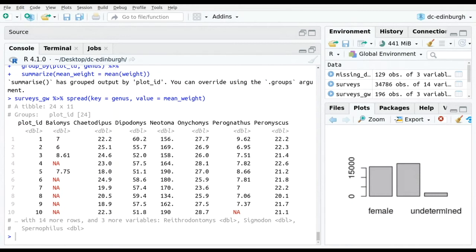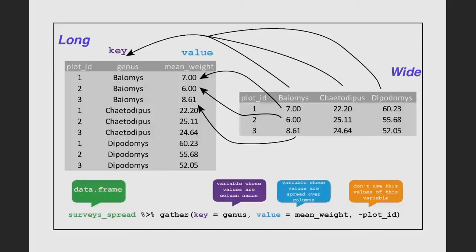And also it's possible to do the other way around, that I will show you. That is the function that is called spread, and also there is another function that is called gather. So you see that if we have this table, we can do the other way around. We have a gather,